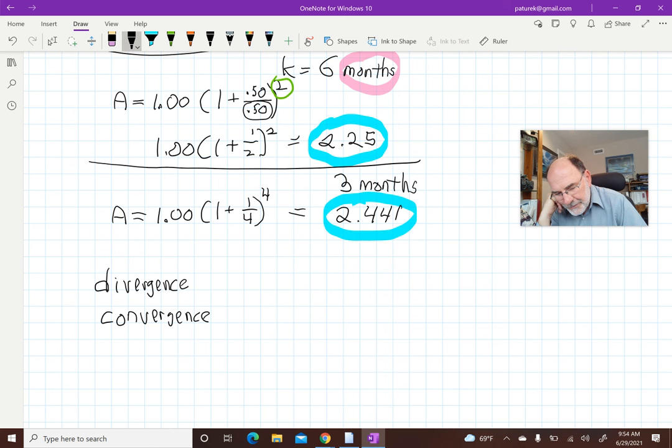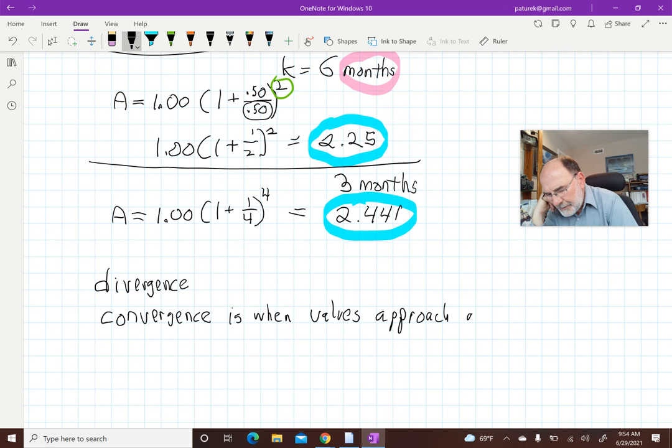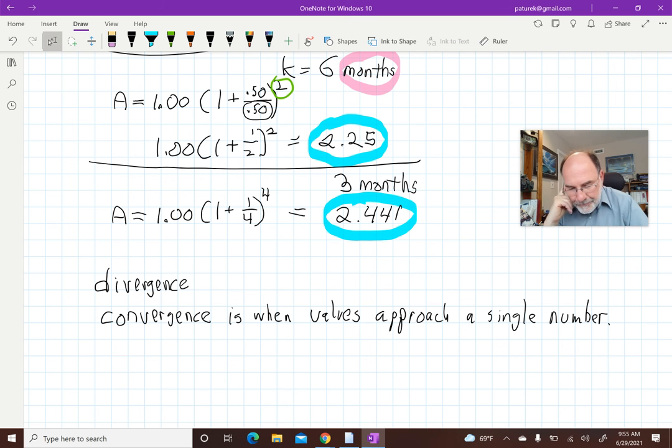Convergence is when values approach a single number. This is going to be a situation where that happens. So it's converging. This pattern, if you keep doing it for